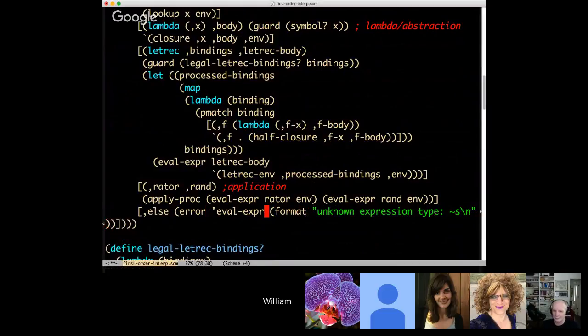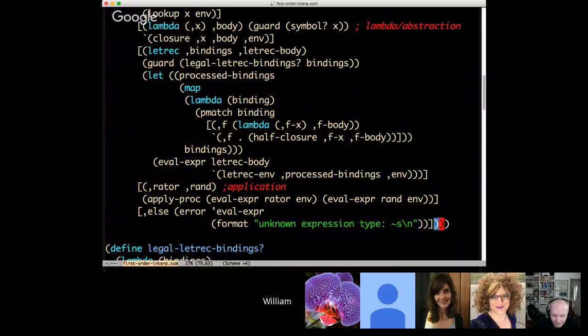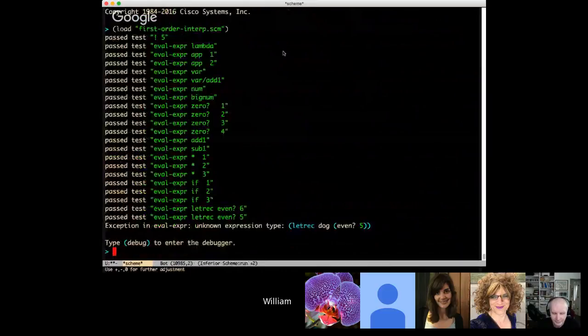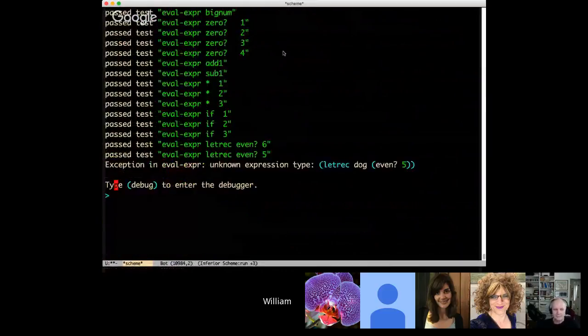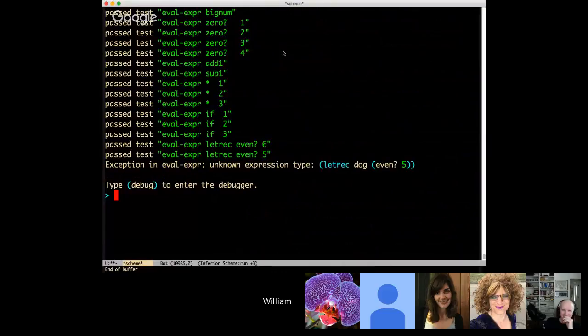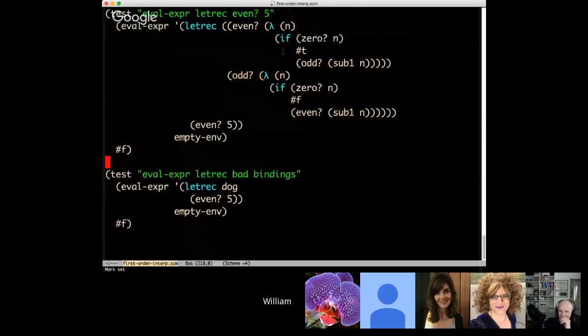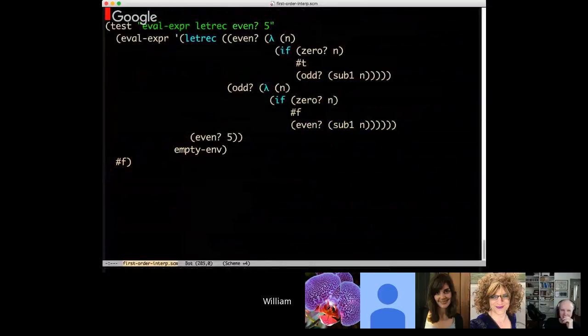All right. So now we're in the realm of trying to have decent error messages and all that. So let's see if that helps. Yep. Unknown expression type, letrec, dog, whatever. Yeah, your class is getting quite an education today. That's right. Okay, so we added some error checking there. I'm not going to keep that around because that's going to error out. But anyway,